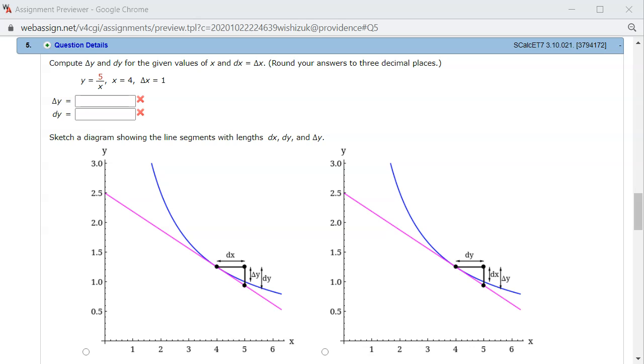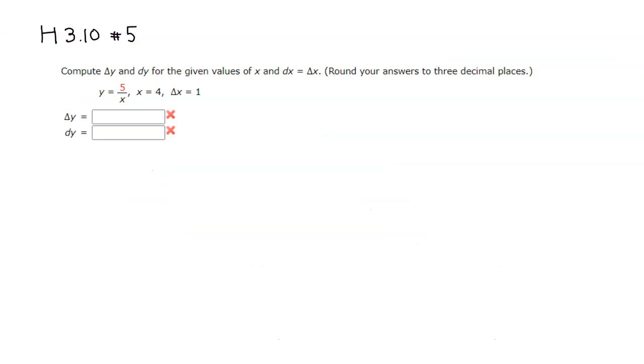All right, let's look at homework 3.10, problem number 5. We want to find the delta y value and the dy value. So let's do that. We want to find the delta y value. So you have a delta y,